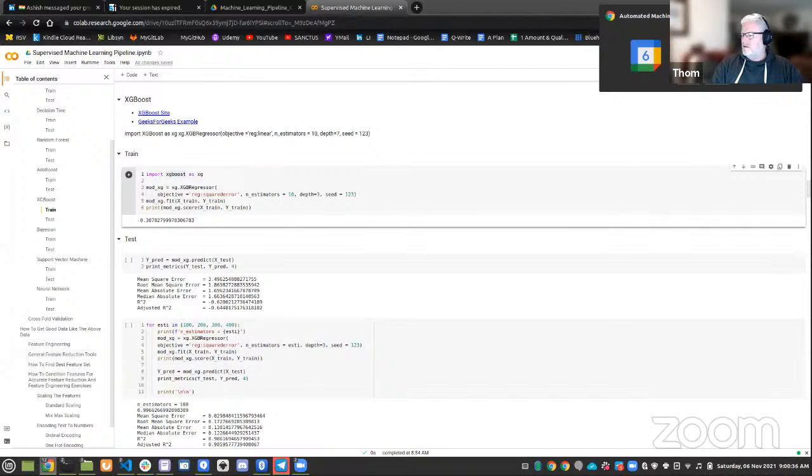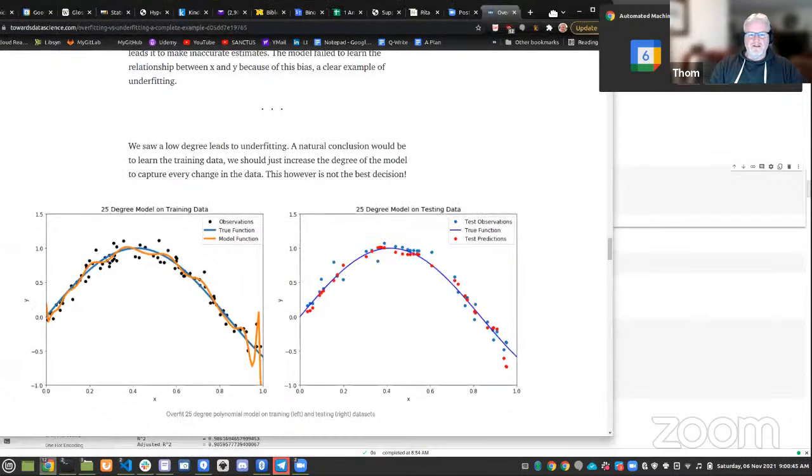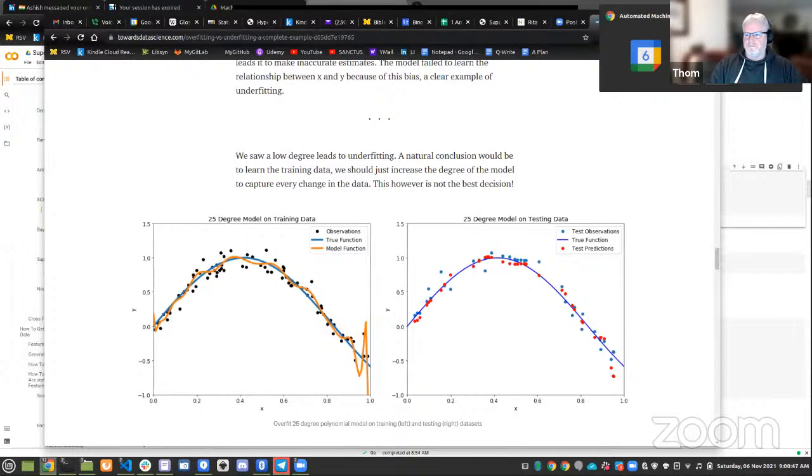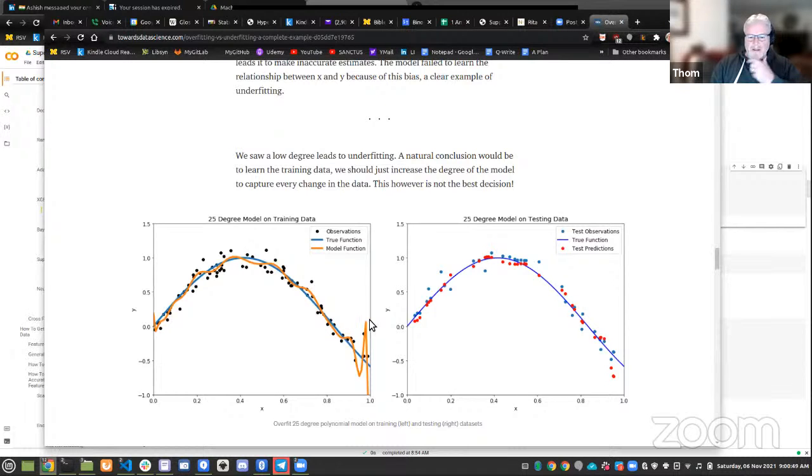Y'all seen that? Here we go. I'm bringing this into view for a moment. This model is properly fit. It's not overfit, but you can see how